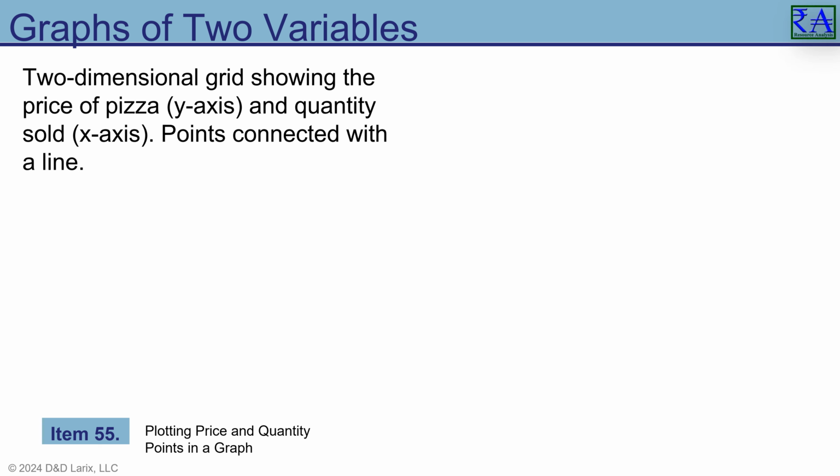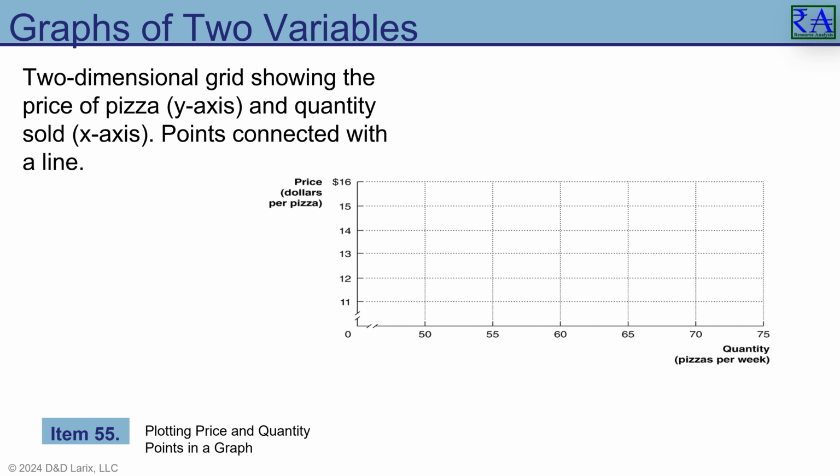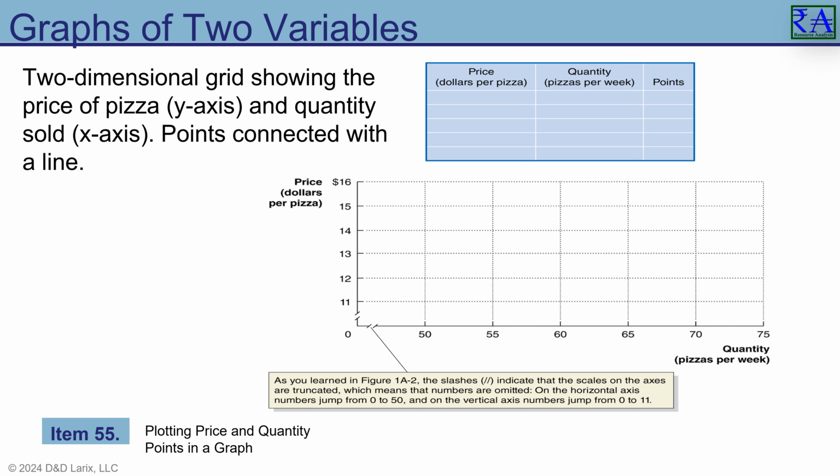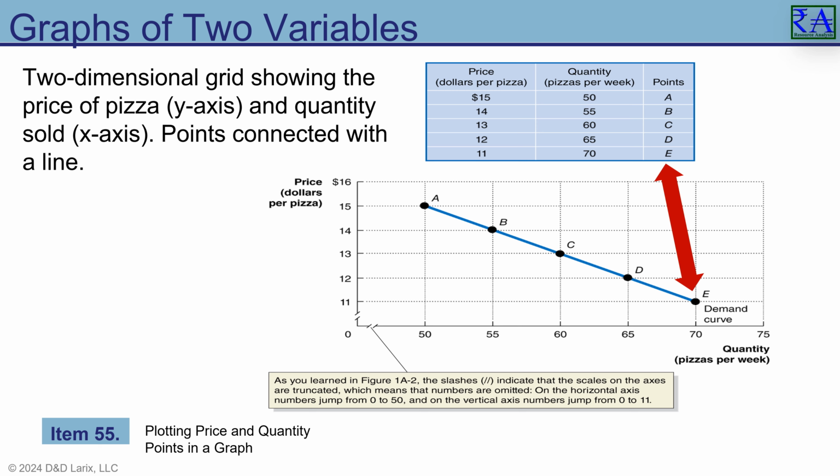The figure shows a two-dimensional grid on which we measure the price of pizza along the vertical axis, or y-axis, and the quantity of pizza sold per week along the horizontal axis, or x-axis. Each point on the grid represents one of the price and quantity combinations used in the table. By connecting the points on a line, we can better illustrate the relationship between the two variables. We regularly use tabular data like you might enter into your spreadsheet program and then graph it to display what the numbers look like. The information is identical, but seeing it both ways helps you explain your findings to yourself and to others.